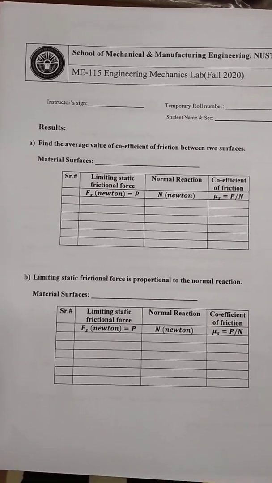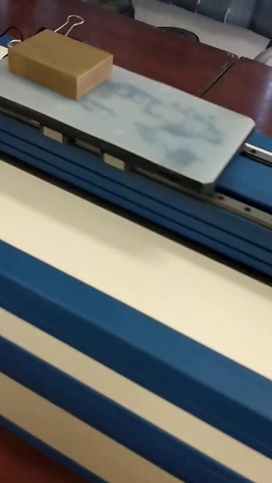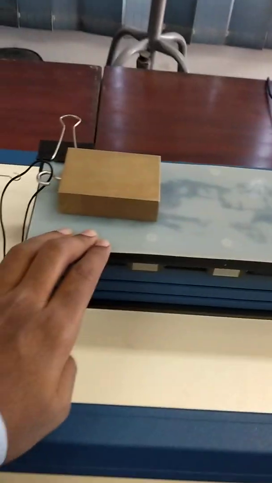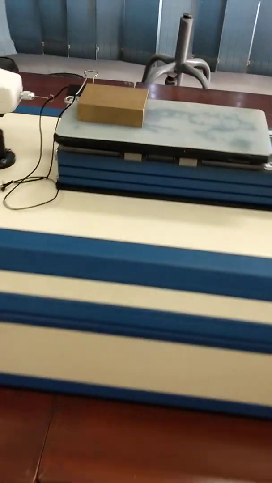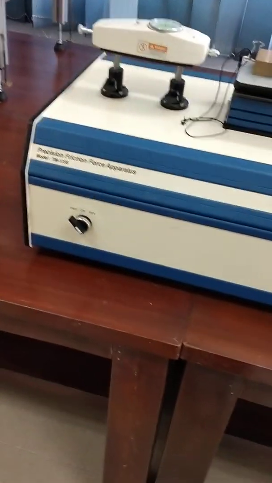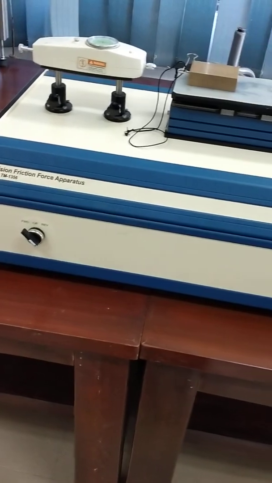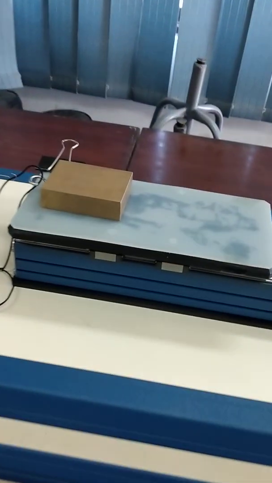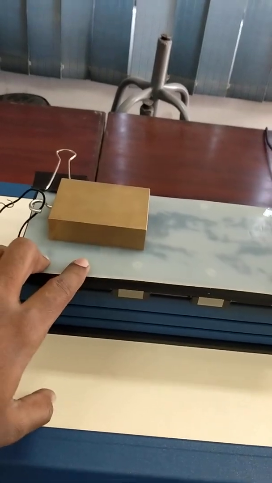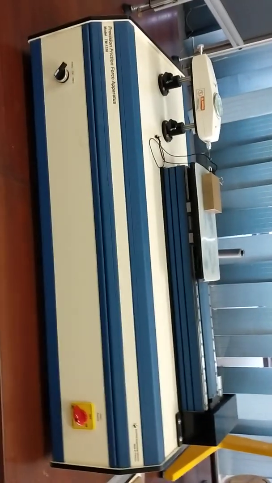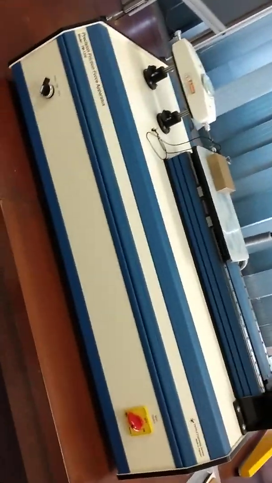For that we have two surfaces. The one is rubber here, and the other one is brass here. So using this equipment, the precision friction apparatus in our lab, we have to find the coefficient of friction between brass and this rubber. So if we see the details of the equipment,